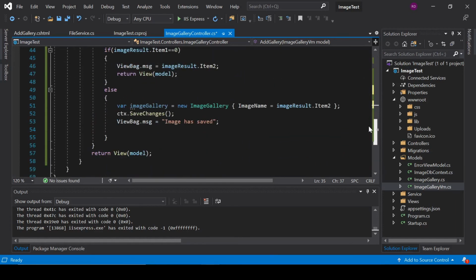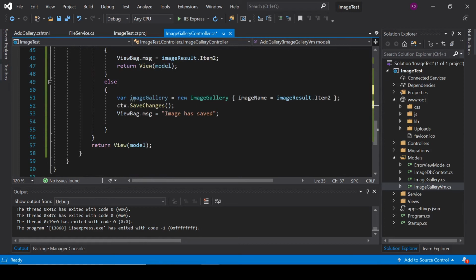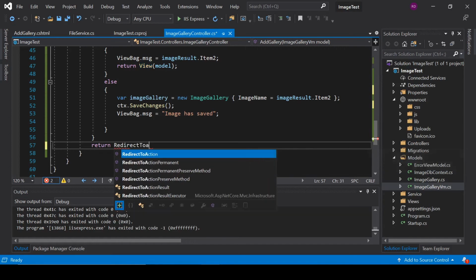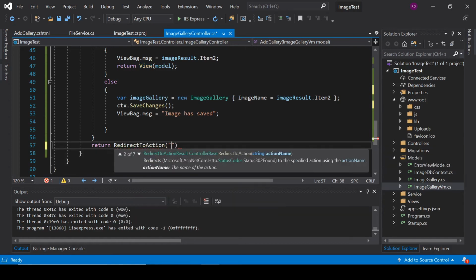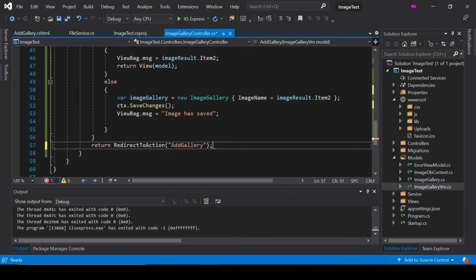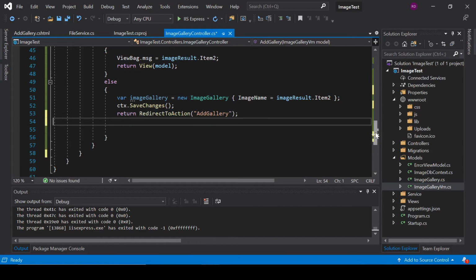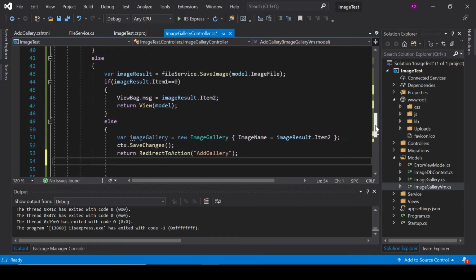and we will redirect to the AddGallery when we submit the form. So return RedirectToAction AddGallery. And it will be pasted here. Okay,